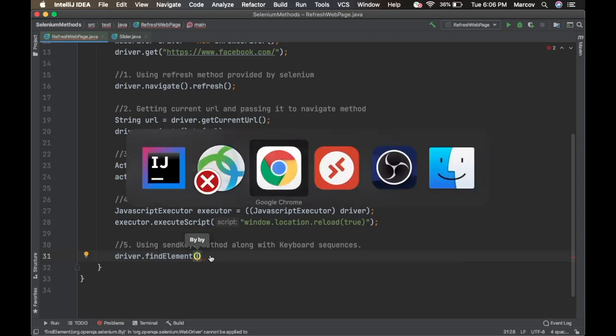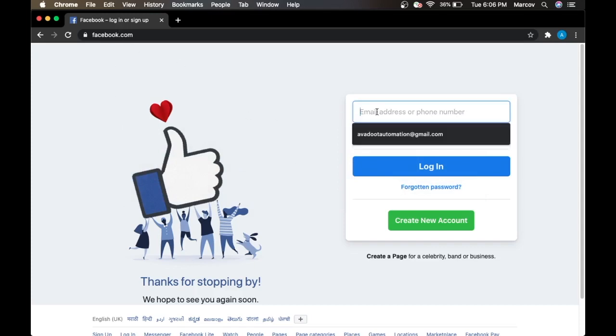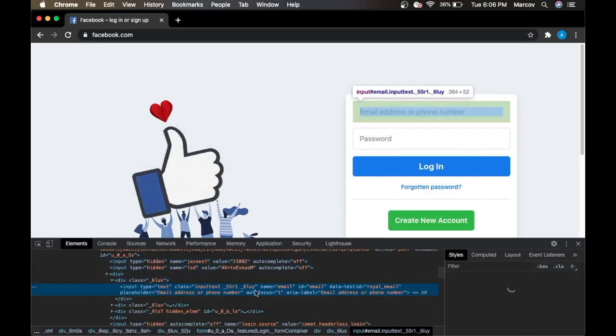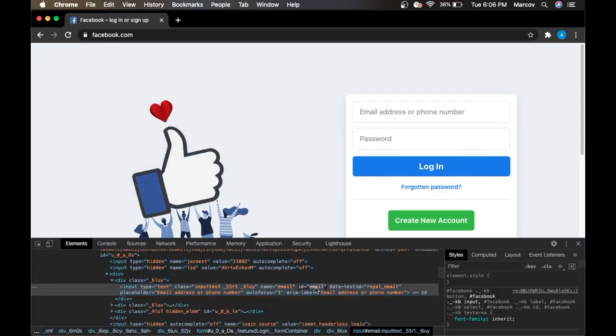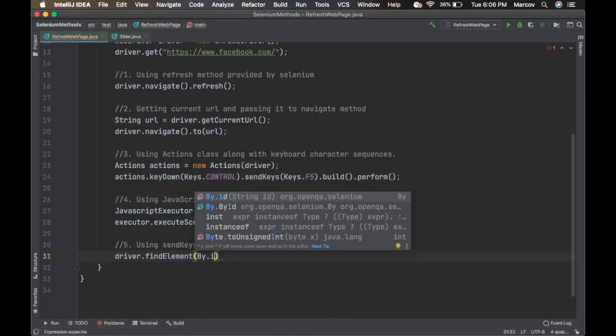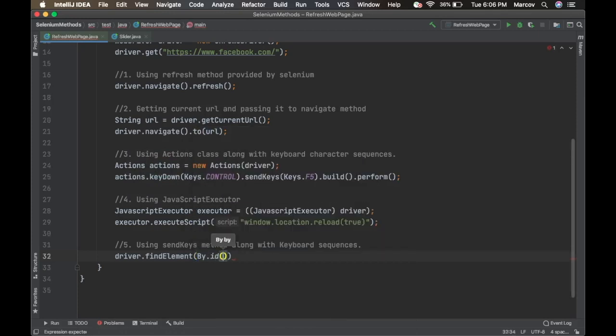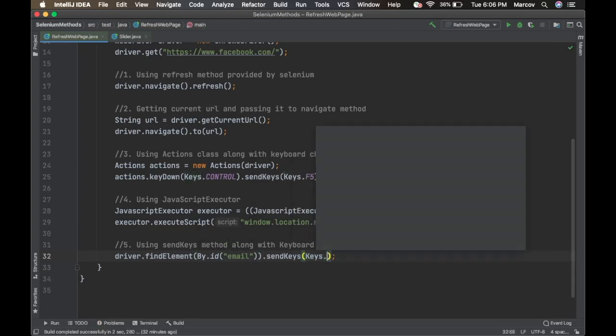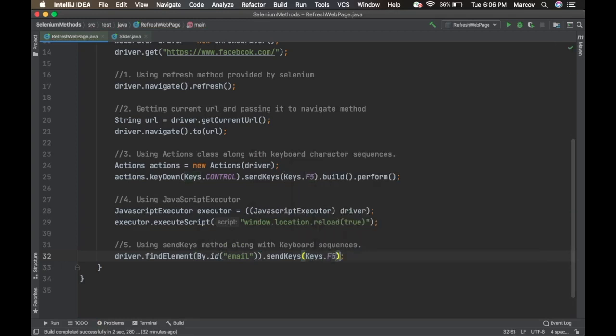Suppose I am on my facebook.com page, I will just inspect this, and this is the ID I'm going to copy. And I'm going to say by dot ID. You can take any web element on that page where you want to do the refresh, and I'm going to pass the locator value, and then you say send keys, and then keys dot F5, again what we did with the actions class. So this one-liner code can help you refresh your current web page.